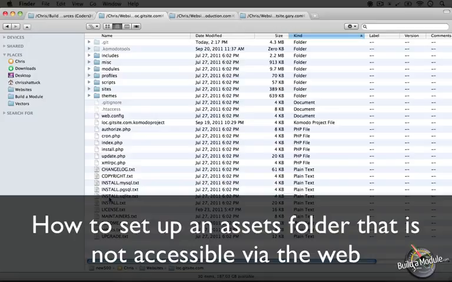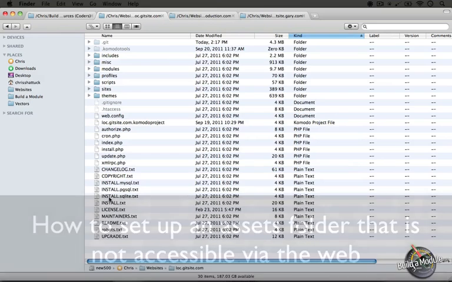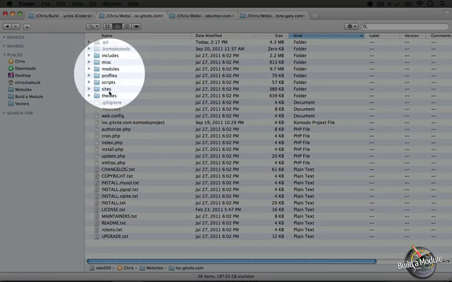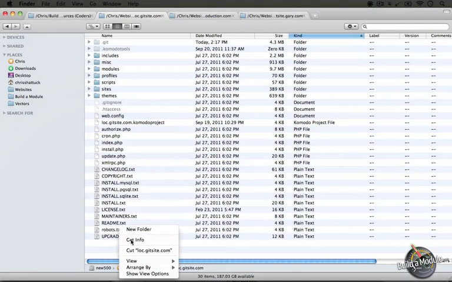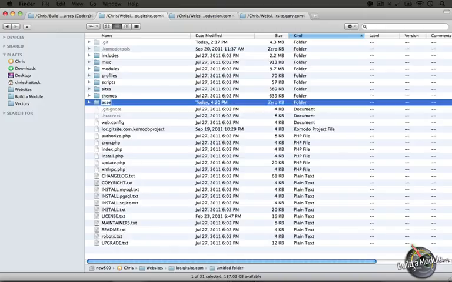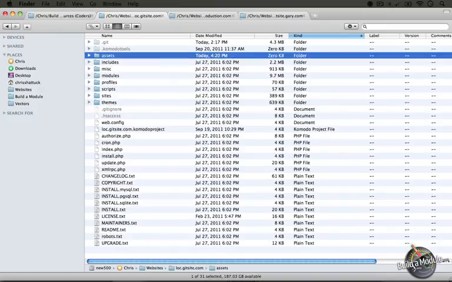Let's go ahead and create an assets folder and then begin exporting our database assets into it. So I'm here on our development site, and I'm going to go ahead and create a new folder called assets. Now, if you wanted to be super careful, you might want to name this something a little more specific to your project so that just in case there's an assets folder added later to Drupal core, you don't end up in a conflict.